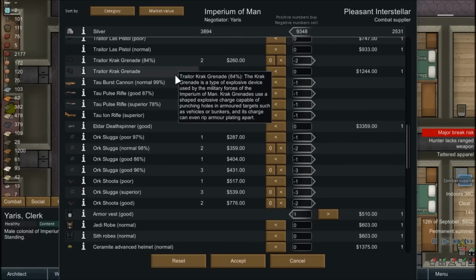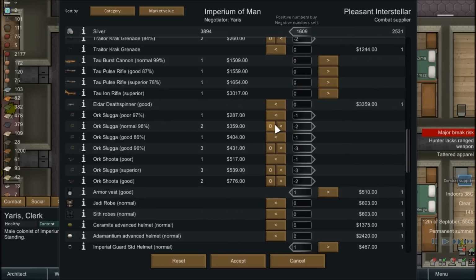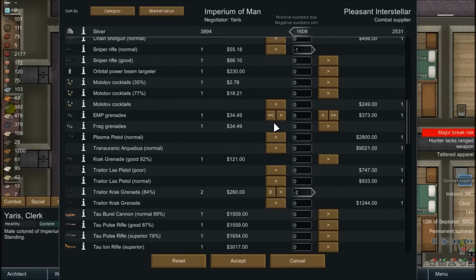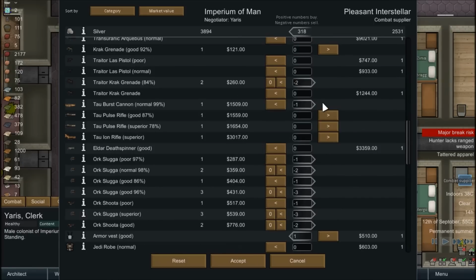Well, I might just have to hang on to some of these, like that ion rifle. We'll get rid of the orc stuff, but I think we're gonna have to keep a lot of the Tau stuff. So that'll net me a good little amount of silver. I wish they had something to balance this out better with. I mean, I guess I could buy this and then give them another Tau weapon. Another couple Tau weapons. That'll get us closer. Actually, if we keep those and do this...